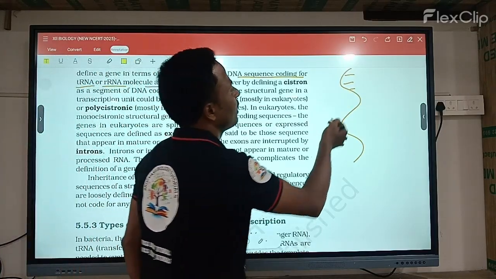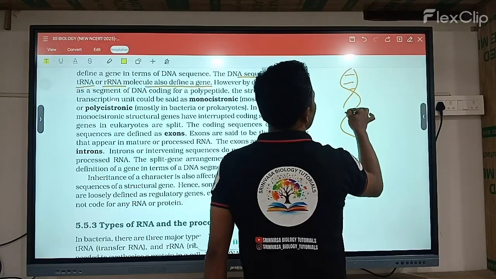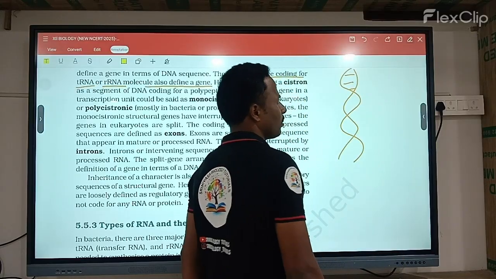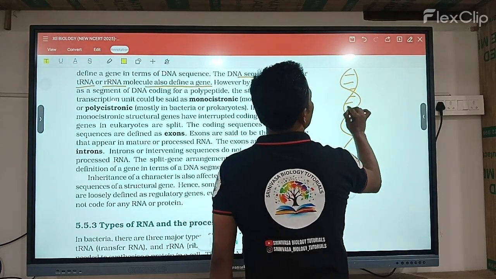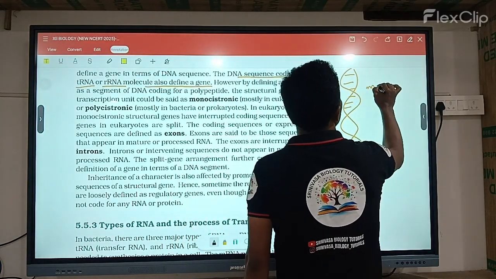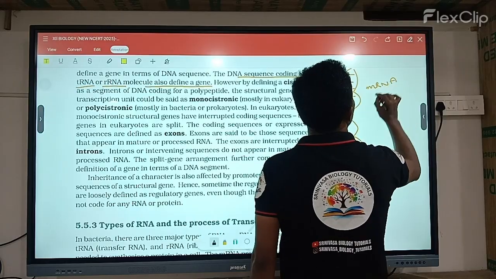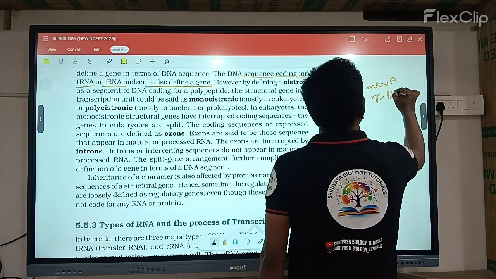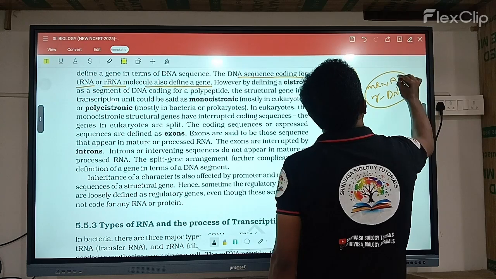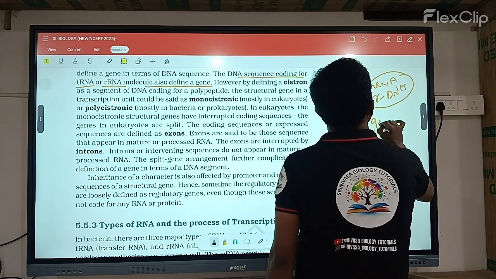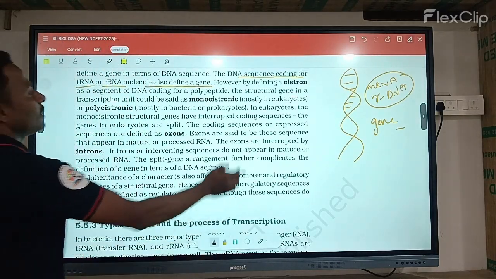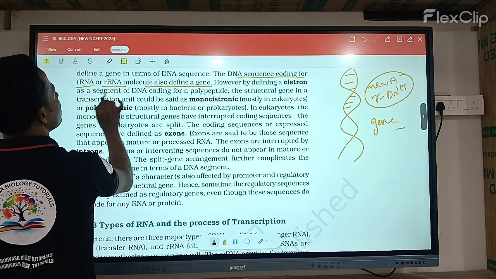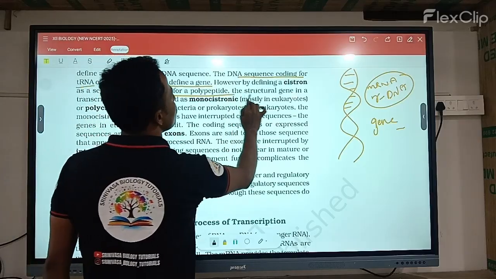For example, here I took one complete DNA strand. The DNA contains the genes for mRNA as well as tRNA and rRNA. That is called a gene. However, to define cistrons, the segment of DNA coding for a polypeptide, the structural genes in the transcription unit,